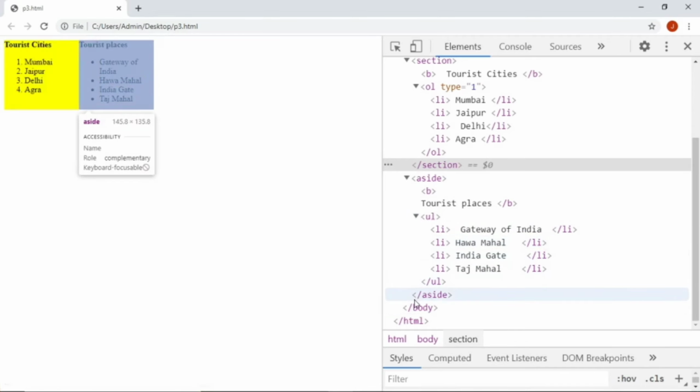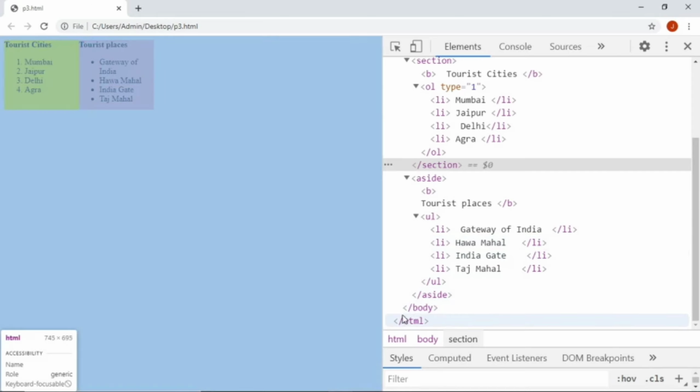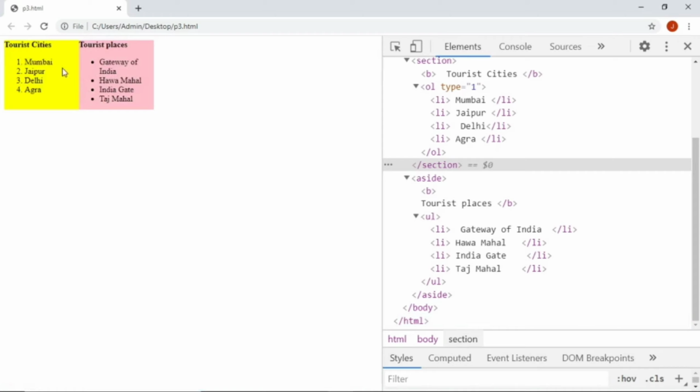Close the UL tag, close the aside tag, and then close the usual body and HTML tags, and finally you can see this output. So this is how you should write the program for dividing the page into two sections, left and right, and give it some color to differentiate the two sections. That's all for this program. Thank you.